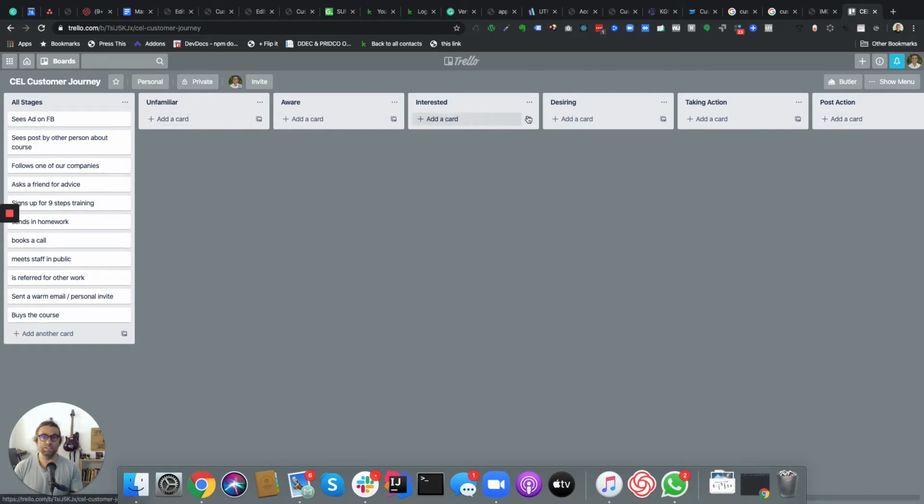I'm using seven different sections. One is just everything. It's my brainstorming. All stages is just like my brainstorm area. So the first step is to brainstorm, okay? And then the second step is to create a board where I've got 5 stages. You might have heard of AIDA, awareness, interest, desire, and action as the 4 steps of